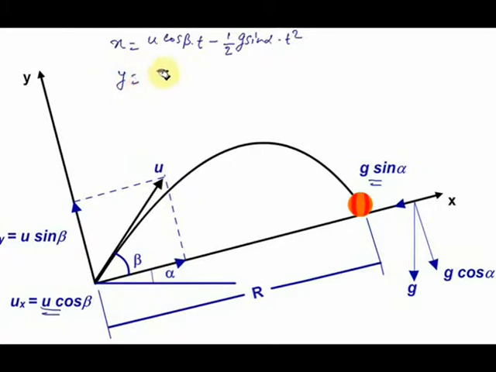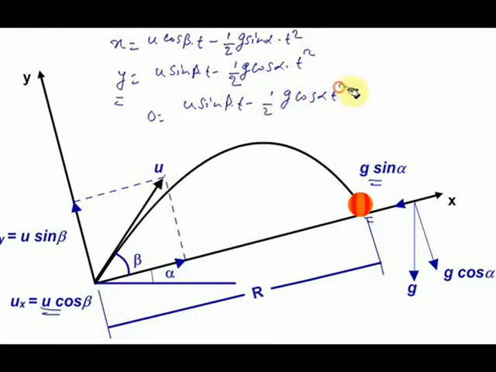Similarly, motion along y-axis can be given as y is equal to u sin beta into t minus half g cos alpha into t square. So first let's calculate the time of flight. At the end of flight, the displacement along y direction is 0 because the projectile has touched the ground. So putting y is equal to 0 in this equation, we'll get 0 is equal to u sin beta into t minus half g cos alpha t square,